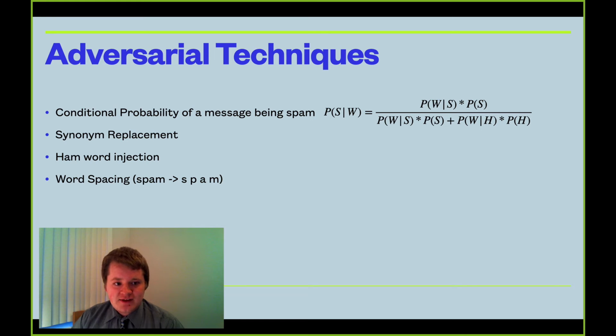Researchers were able to determine the conditional probability of an email being spam with a mathematical model shown here, where S represents the spam email, H represents a ham email, and P of W and S and P of W and H are the conditional probabilities of the word W. In this case, a ham email is defined as an email that utilizes adversarial tactics in order to bypass a spam filter. In order to modify messages to bypass the filter, synonym replacement and ham word injection are one of several adversarial techniques. A ham word is a word that is not in a database of spam words.